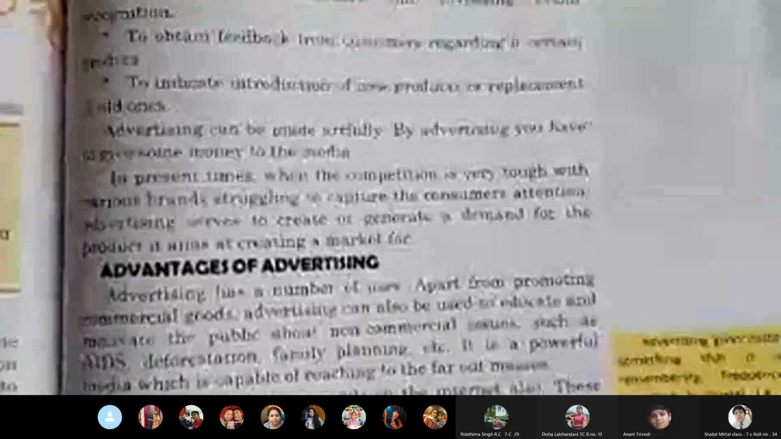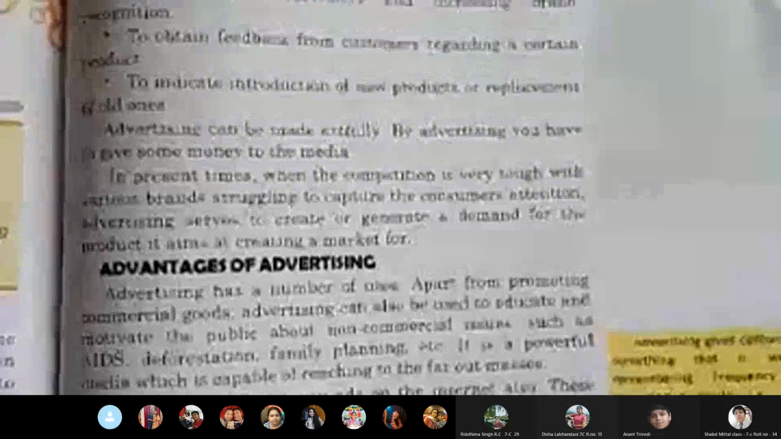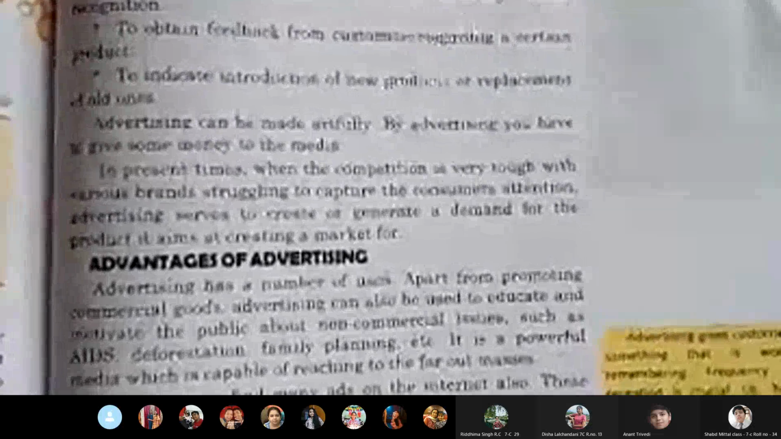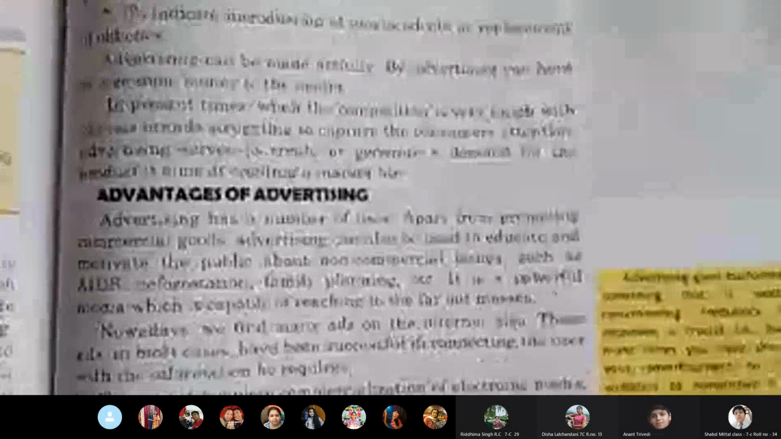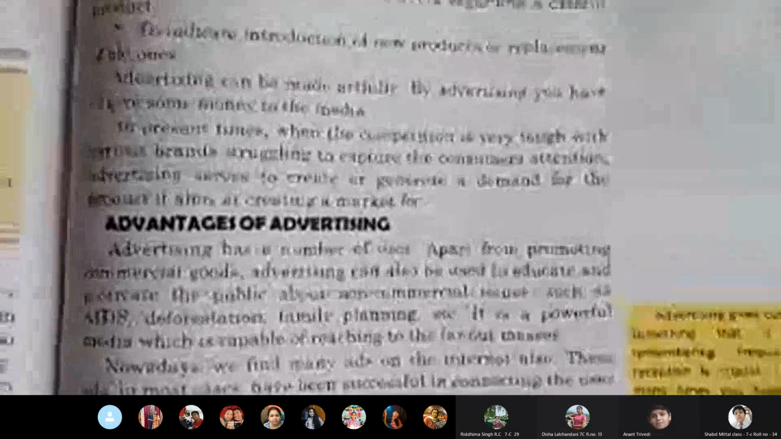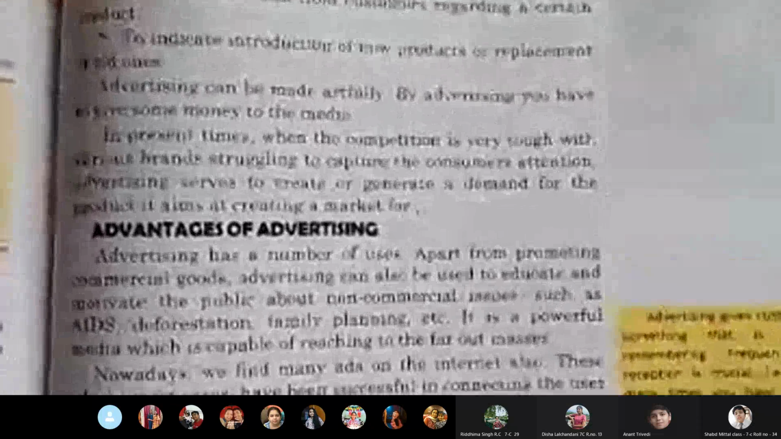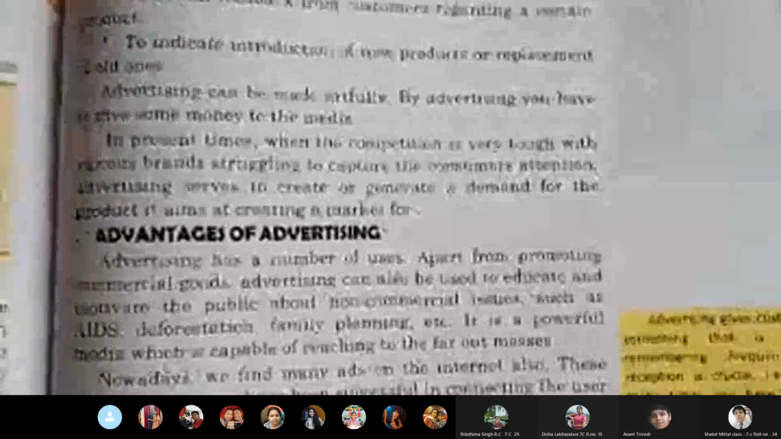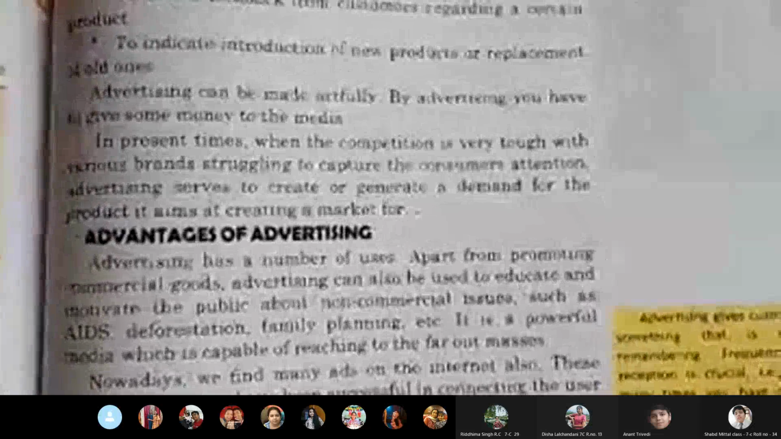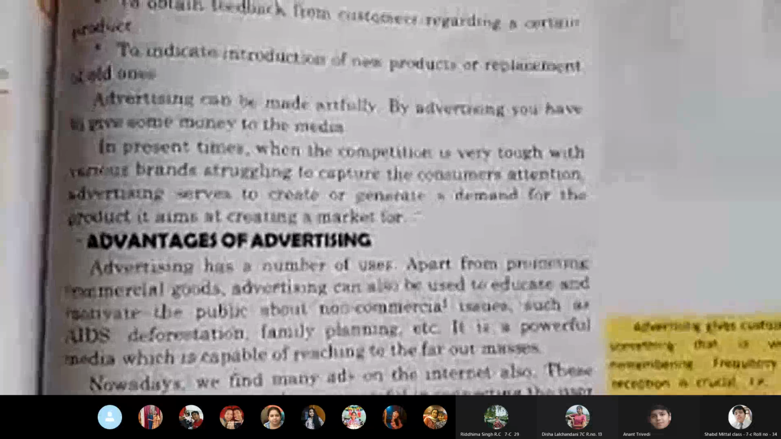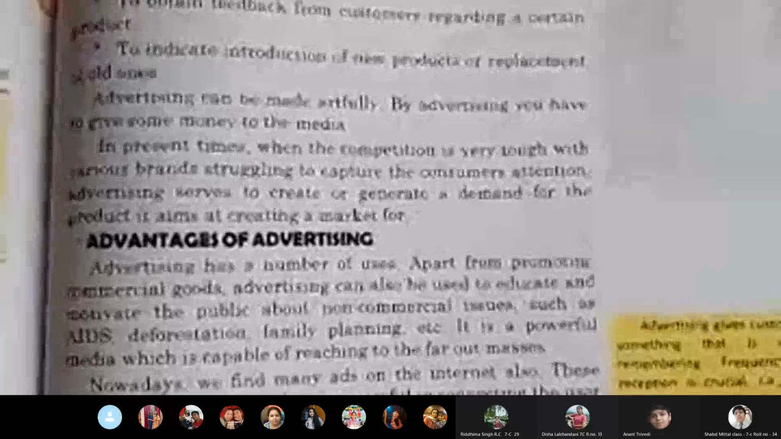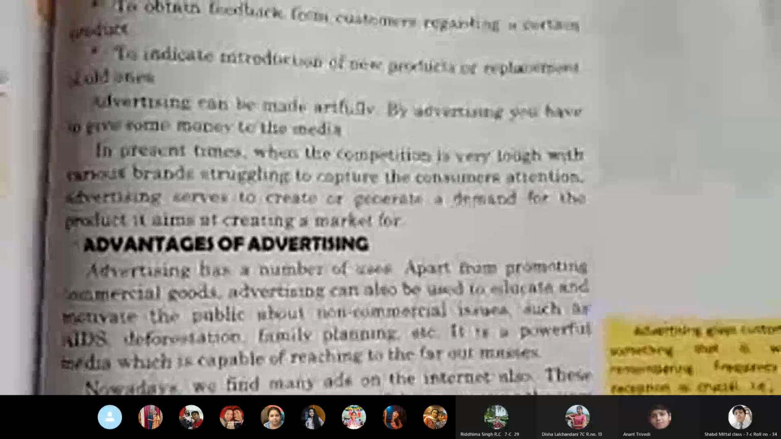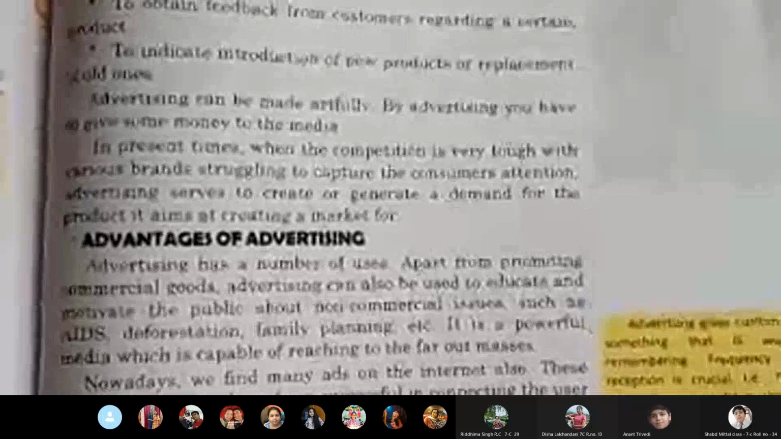That means they give you a chance where you can reply back on how things were. Especially now on the internet, it is available as feedback. A certain booklet kind of questionnaire comes. Then, to indicate introduction of new products or replacement of old ones. Now the advertisements also show the changes. That means if any product is changing its name or is merging with another, all that is made available,